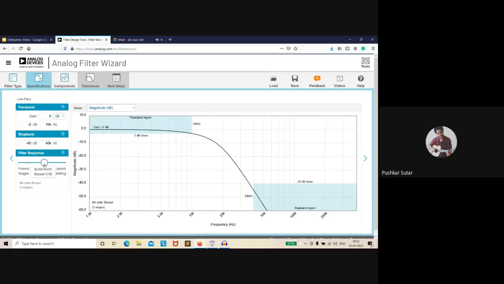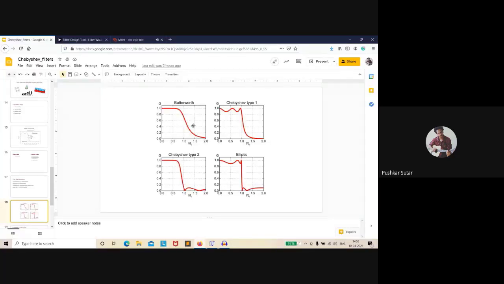Now see, if I keep it in the middle, you can see here the cursor. Can you see my cursor? You can see we are using a 4th order Butterworth filter in order to achieve a 10 kilohertz cutoff. In the same way, if I change it to the leftmost Chebyshev, 3rd order Chebyshev did the work for me. So that is what I mean by the transition width. So basically, Chebyshev type 1 specifically will have a ripple on the pass band, and type 2 will have a ripple on the stop band, and the transition will be faster. The roll off rate will be faster than that of Butterworth.